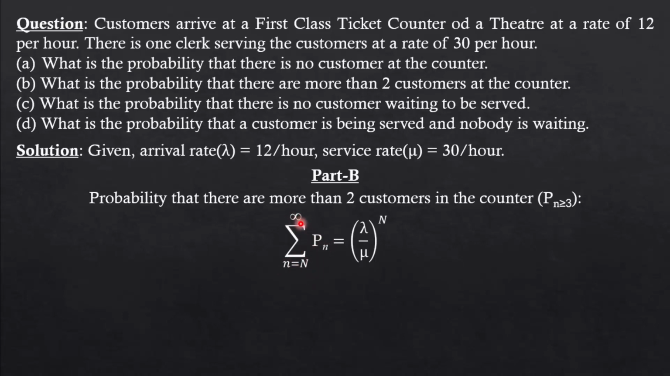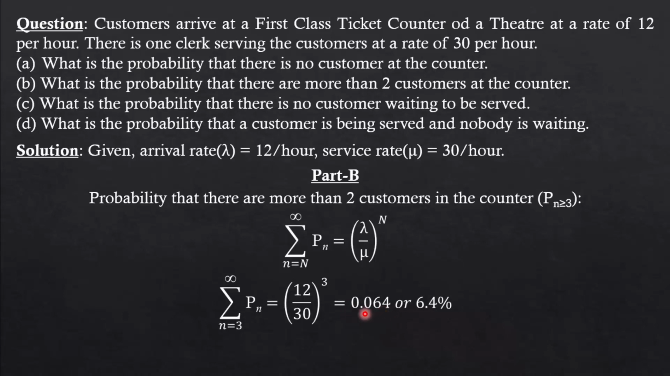So if we put 2 here, then we will include the probability of having two customers. But here it has been asked the probability that there are more than two customers. That means either there are three customers or 4, 5, that means more than 3. So here we will take capital N equals 3. It is given by (lambda by mu) to the power capital N. And now let us put this value in the equation, (12 by 30) to the power 3,